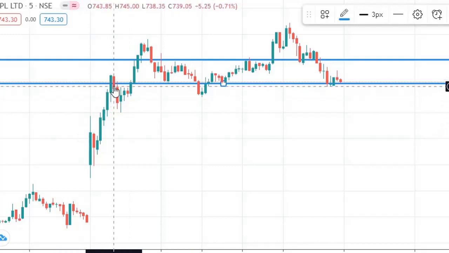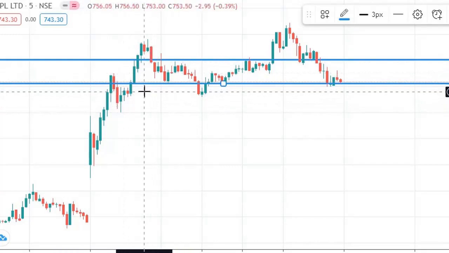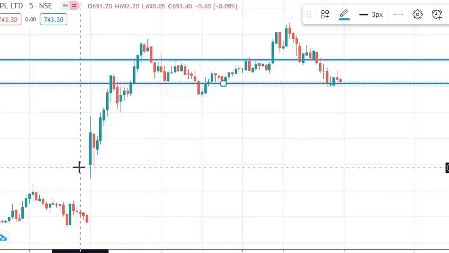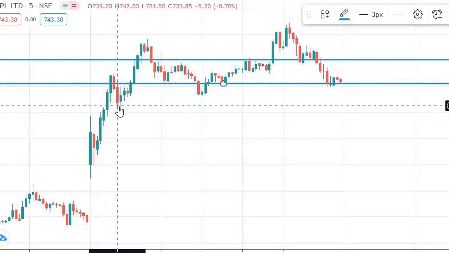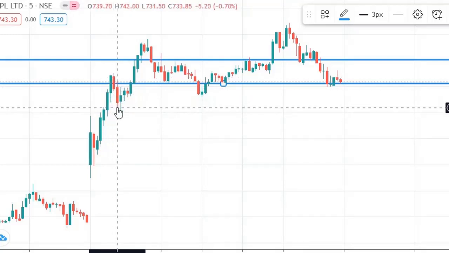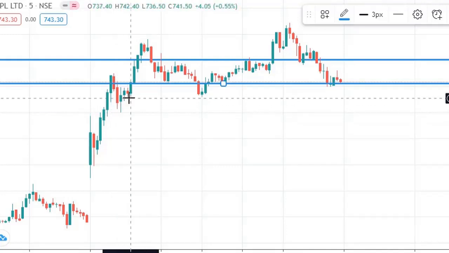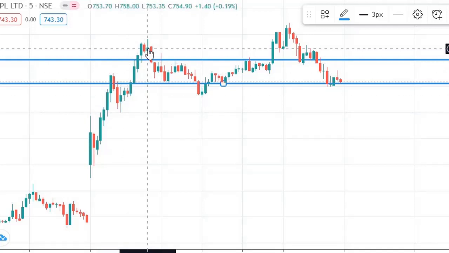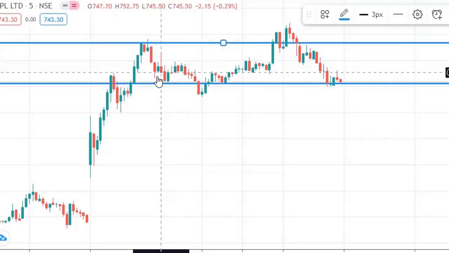So when this kind of profit booking happens, we generally look for the upside. A first move happens to be a positive move and somewhat of a green candle, and here it broke, right? But follow through did not come, like another red candle did not close here. So try to take a trade in the positive direction. I'm not recommending any trades here. I'm just trying to analyze the market.